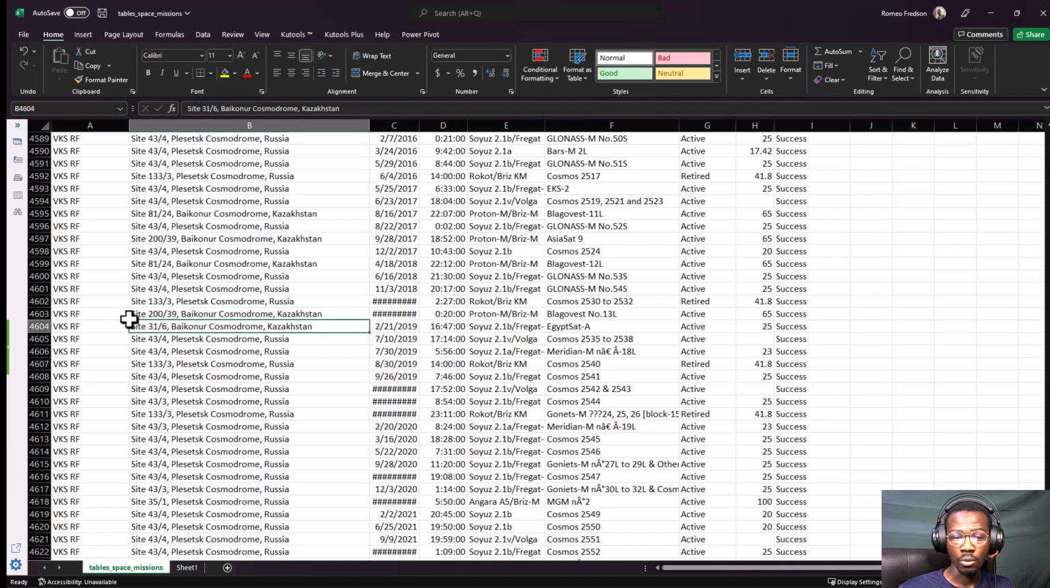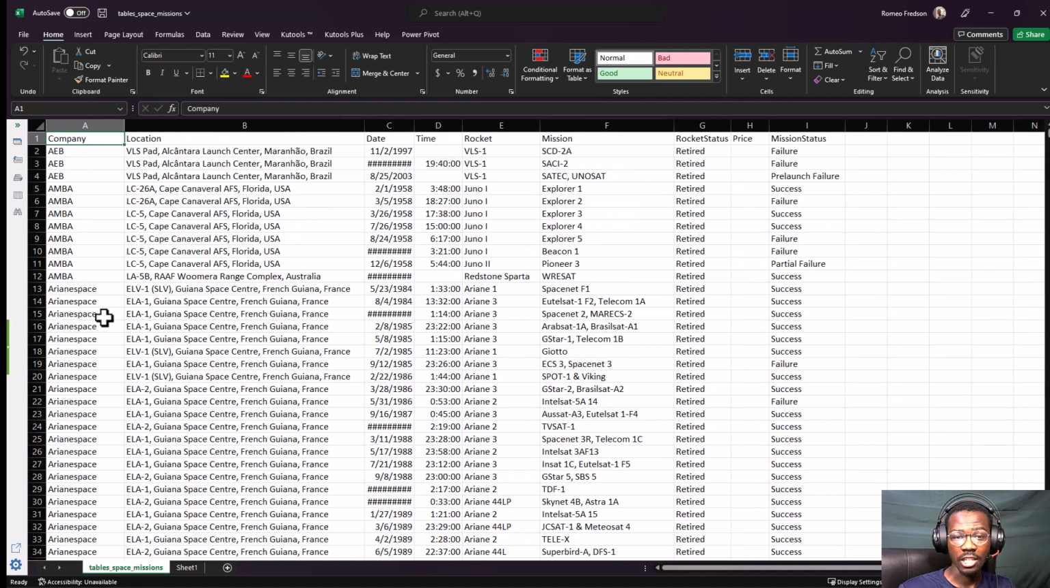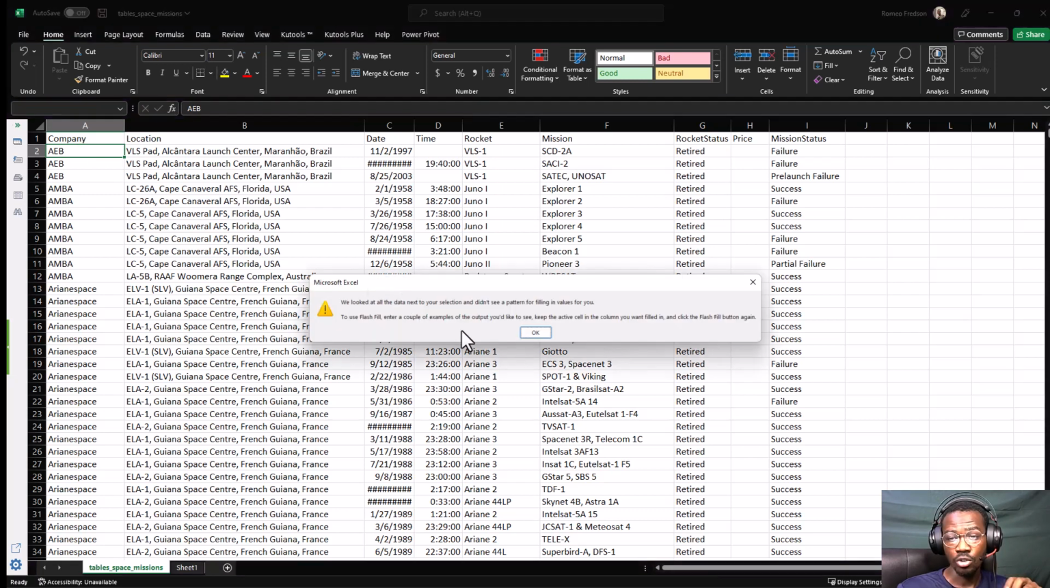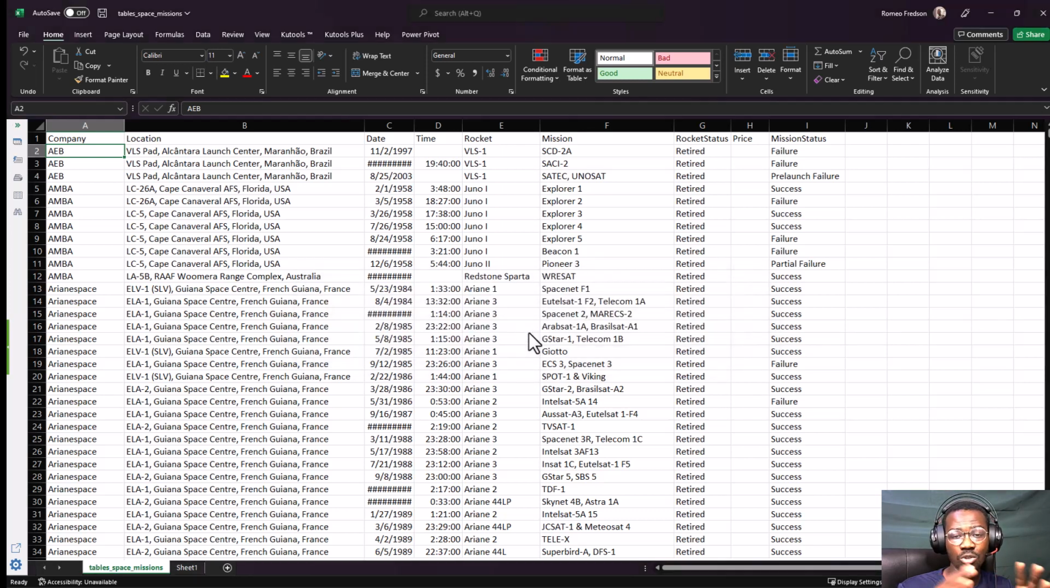I showed you a shortcut to do this: just stand anywhere in the table and press Control E. It says we looked at all the data next to your section and did you see a pattern for filling in the value. Sometimes Excel finds it difficult to put everything into a table if there are spaces in between your data, so you may sometimes end up having to do it manually, but I'll show you a number of ways to get it done. Either use